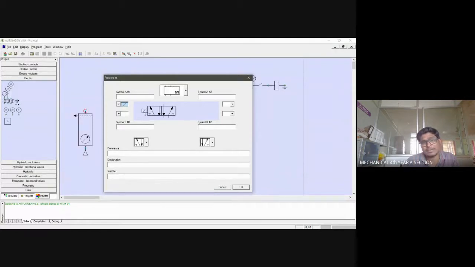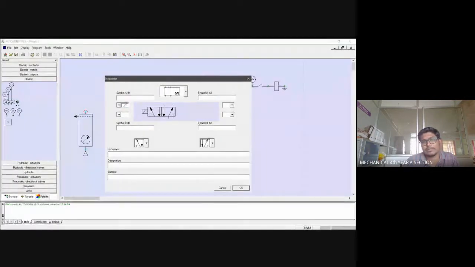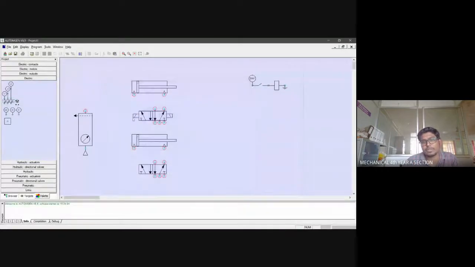A small rectangle with a cross. Okay, so again, here also I'm going to use a solenoid. So you can see the difference now. See the difference between these two images, these two icons. Here I have added solenoid on either side, whereas here I have not added anything.